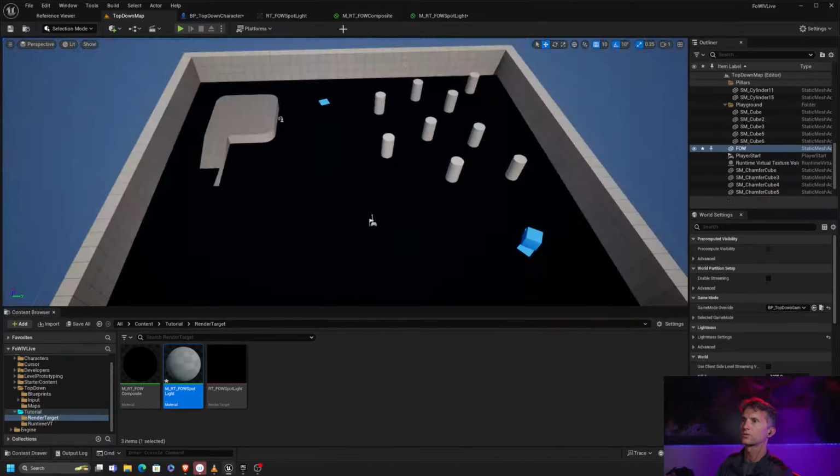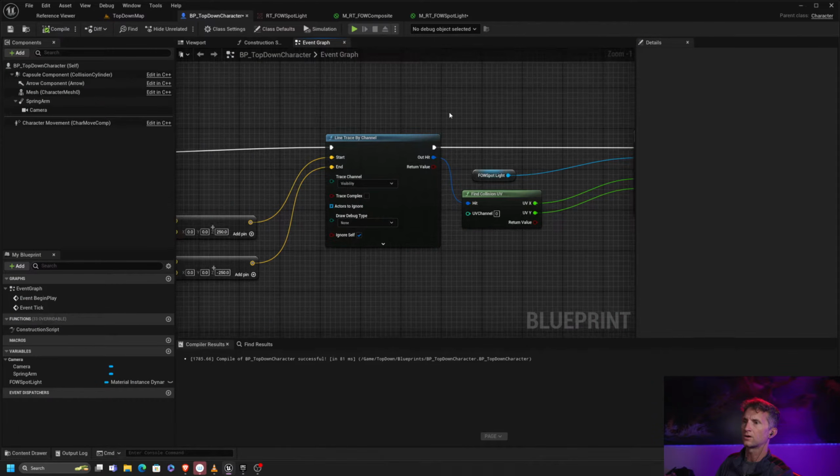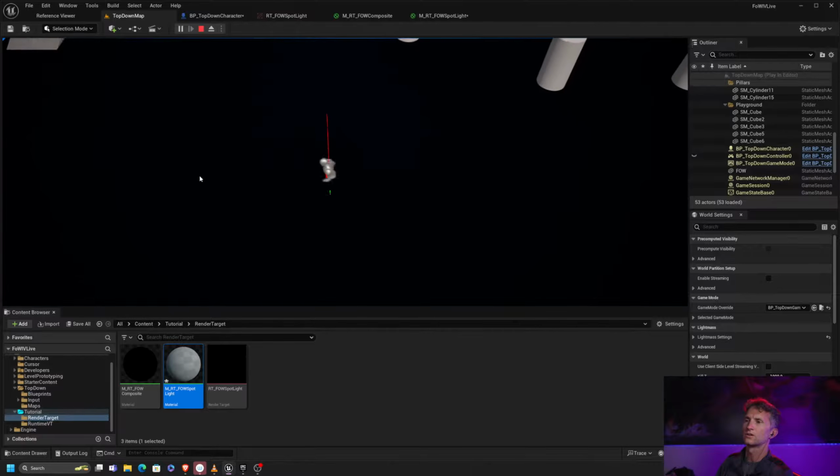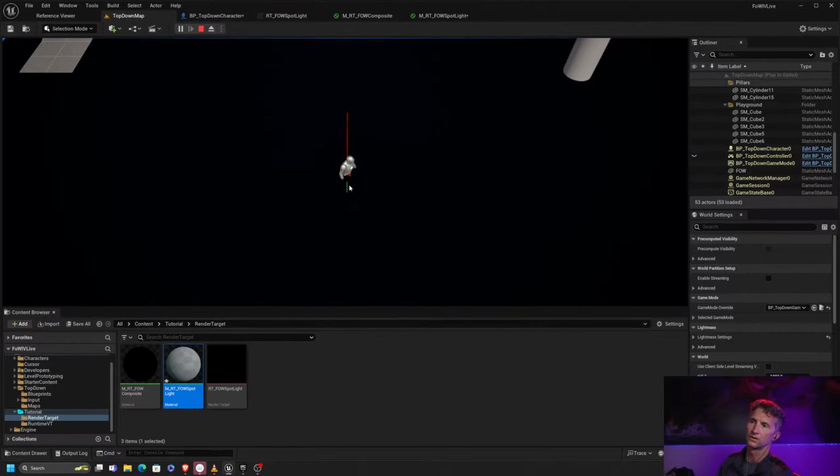Okay, our character's where they're supposed to be. Now let's check our trace here. Here's our trace, debug draw. Let's turn this on for 1 frame. Are we getting the proper position? So we are getting the position. So this is where our trace is working. So we're getting a position, but right now we're not getting